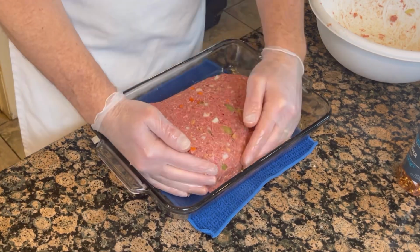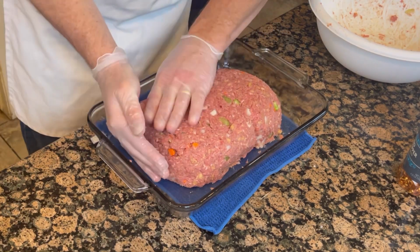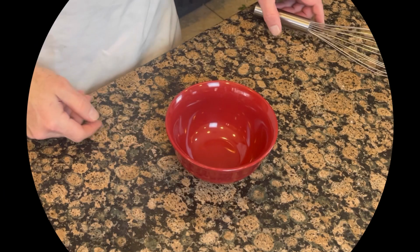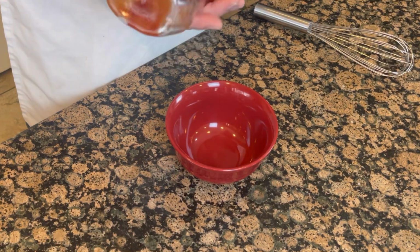I'm gonna go ahead and pop this in the oven at 350. I'm gonna put the sauce on when it gets to about 145, and then at 165, it'll be done. So to be honest, the ketchup sauce really isn't that much different than a quick barbecue sauce. We're gonna start off with